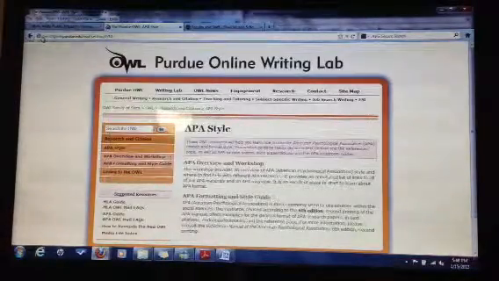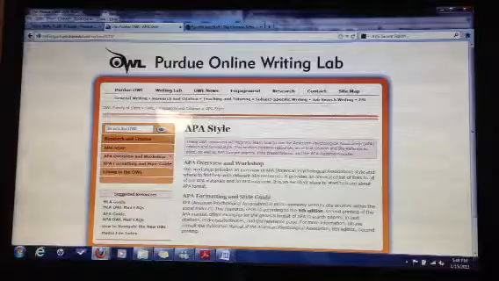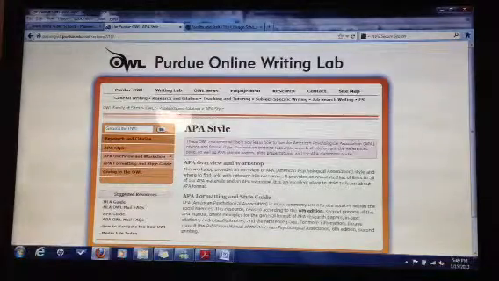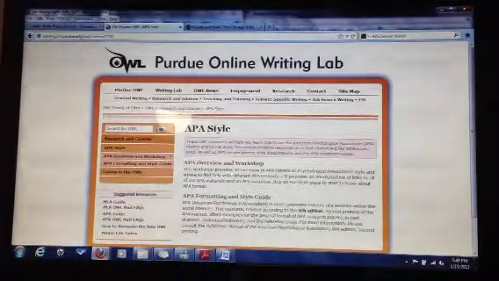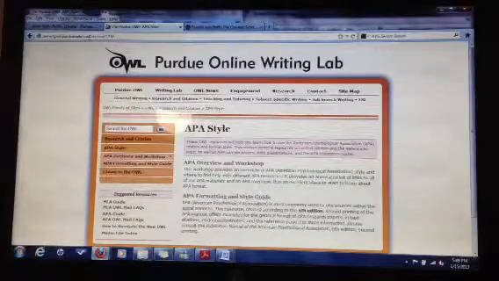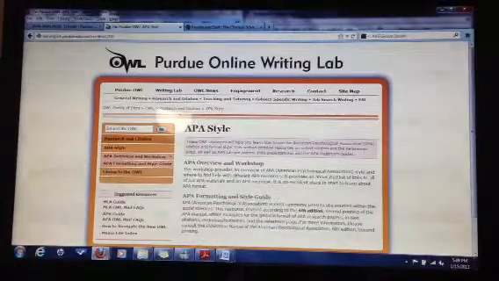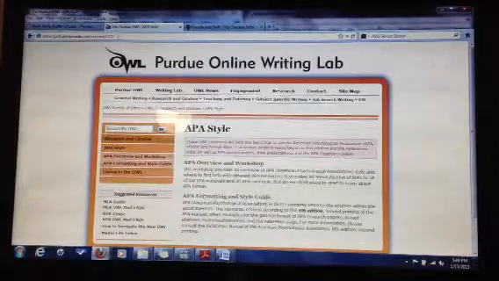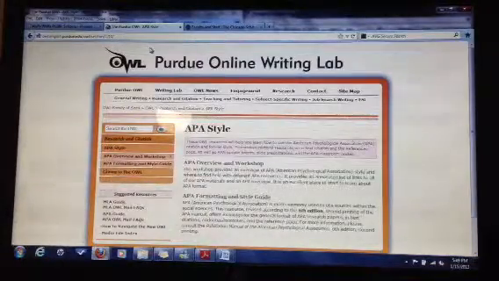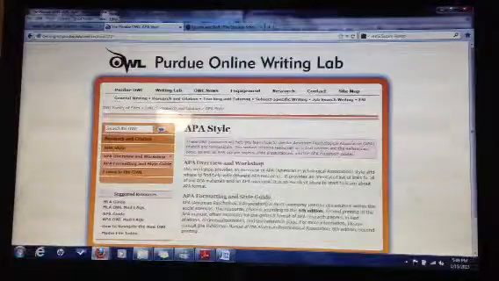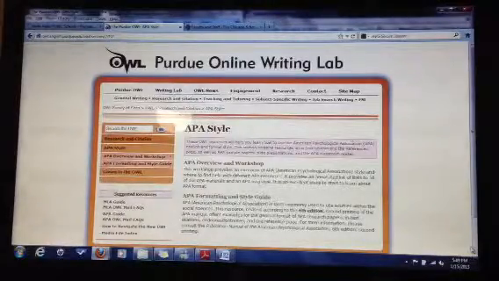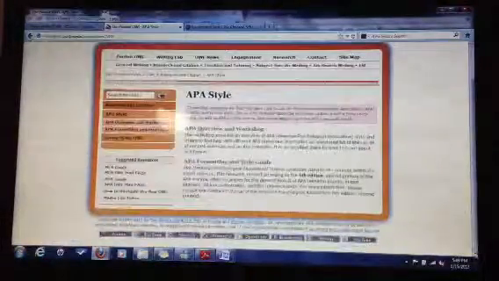The website is owl.english.purdue.edu/section/2/10/. Okay? But you can just Google Purdue OWL APA and it will come up right here. You can get